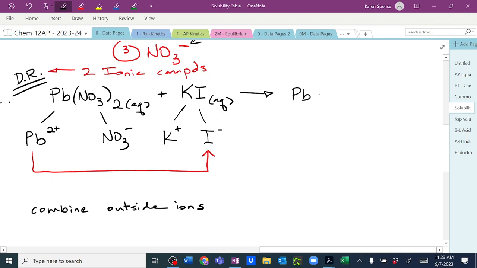Pb, I2. Excellent. Okay. And our other product would be, now we're going to combine the inside ions. And I hope you guys know which one goes first, but just in case, I always go forwards